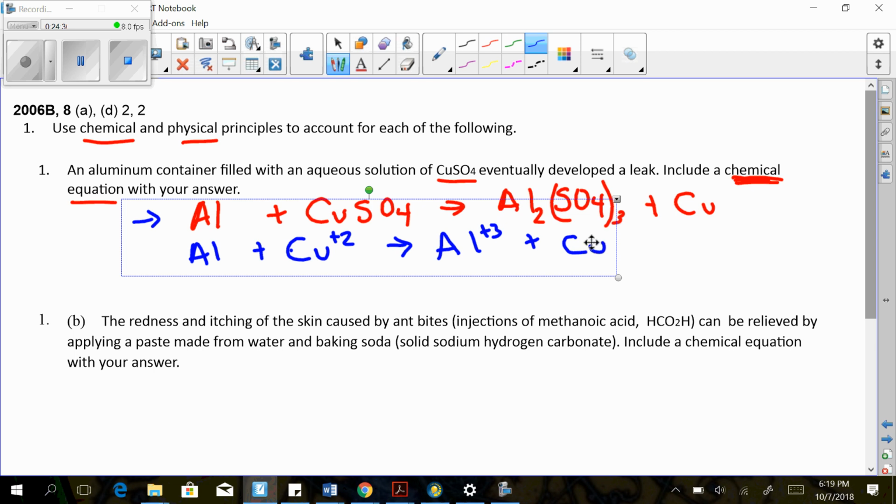Now, I didn't balance it in that first equation, but I'm going to go ahead and do that in the second one. And if we look at the second one, if we're going from aluminum to this one, we have a change of 3 electrons. In this one, we have a change of 2 electrons. In fact, actually looking at the rubric, you do not need to balance it. If we did balance it in the top one, we would have a 2 here, right there,